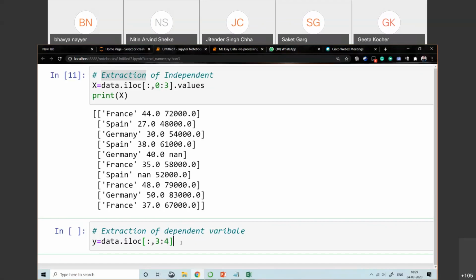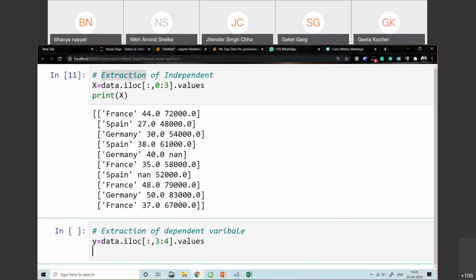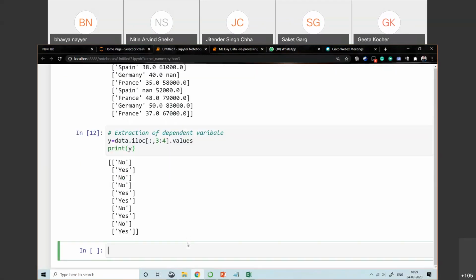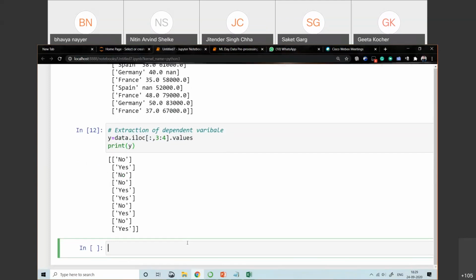So 3:4 and dot values. Now print y. So this is the extraction of the dependent variable.